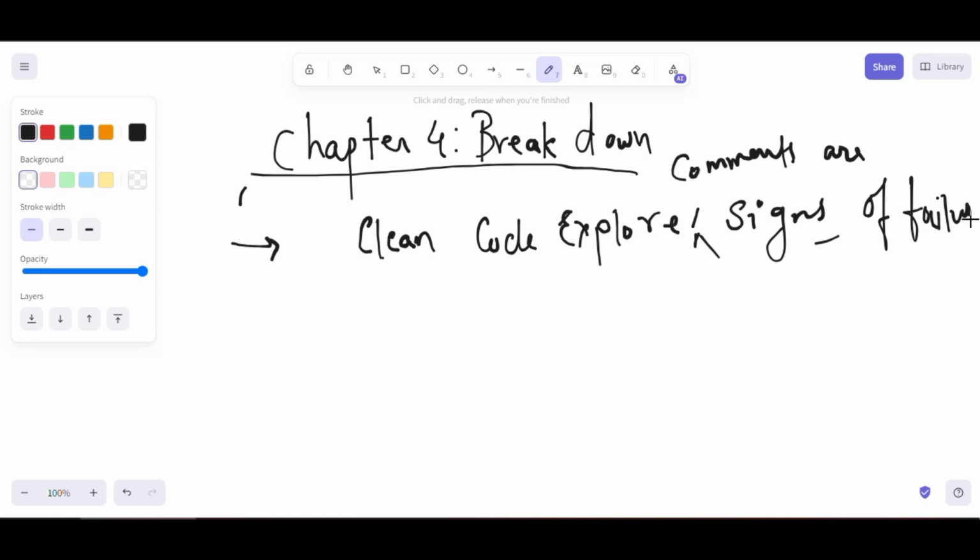This is what he is telling: to write expressive code, comments are signs of failure.